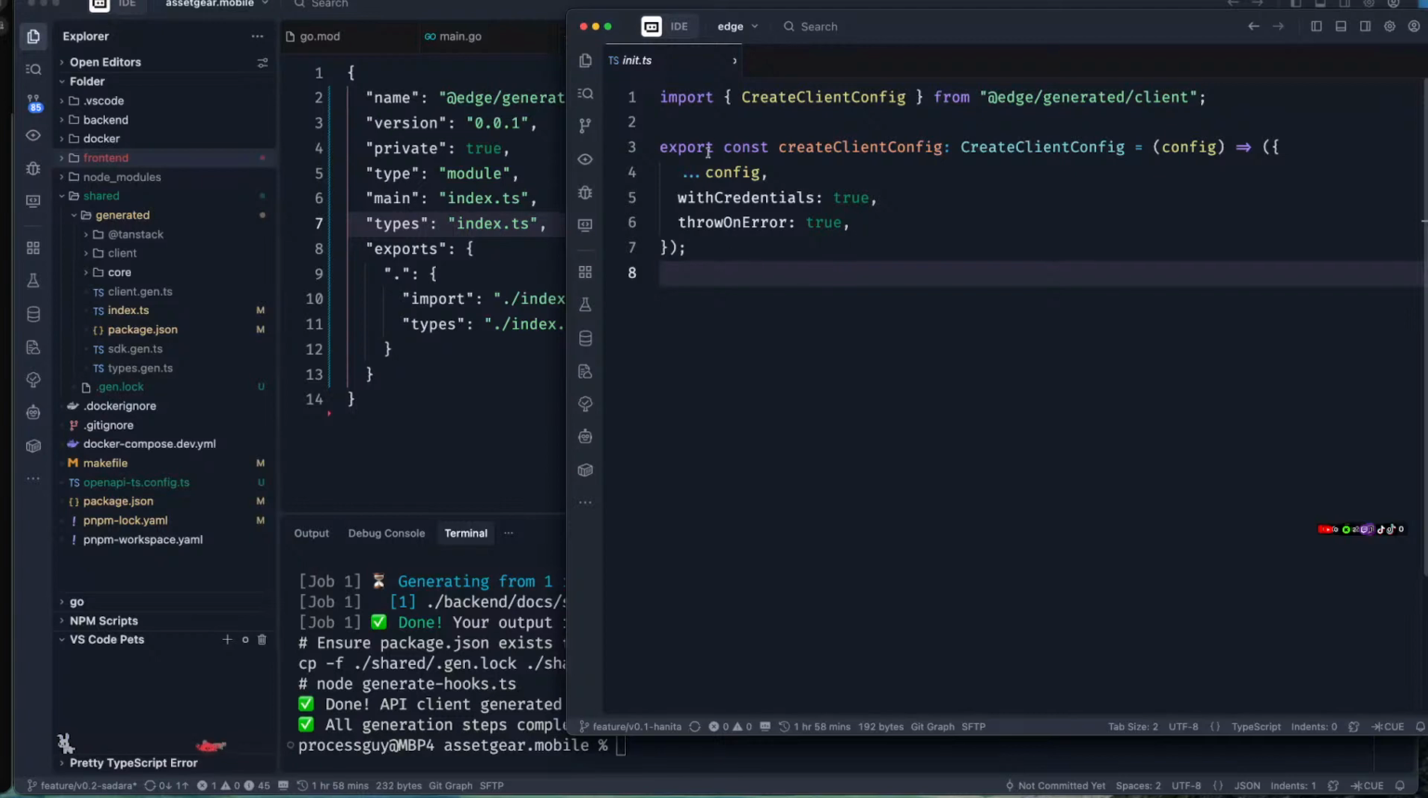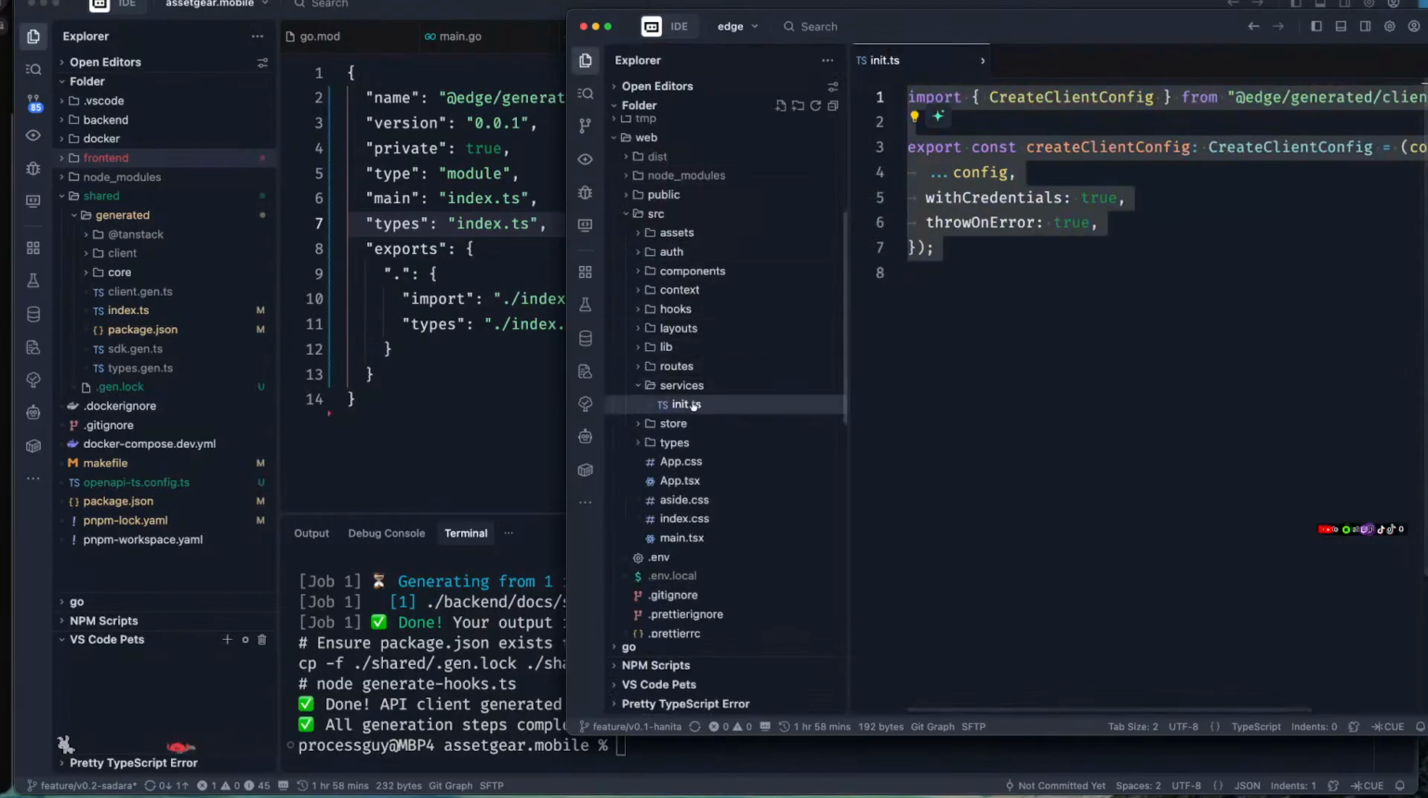So in the initialization, yeah, this is it here. We need this file as well. The purpose of this file is to make sure that we have these two things. This with credentials and throw an error is actually necessary to the success of what we're doing. So I'm gonna copy this file